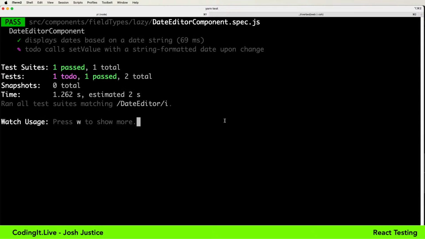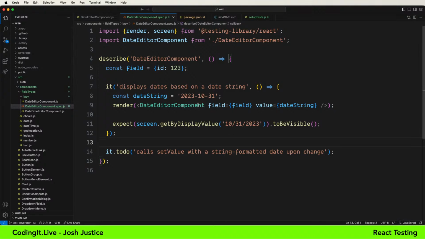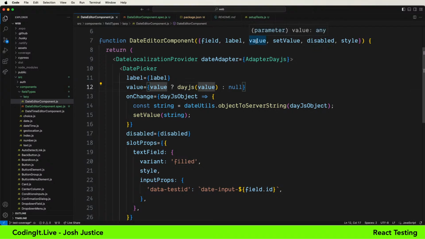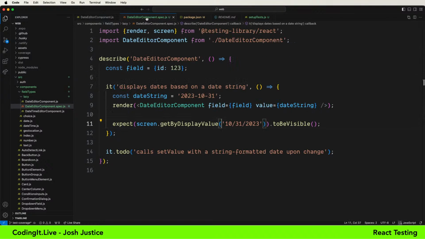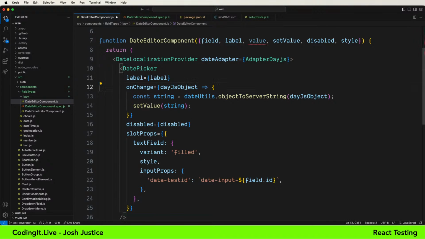So, something I often say when you're not doing test-driven development and you're writing the test afterwards: don't trust the test passing. We want to make sure it's not a false positive that is really confirming the behavior. So I expect that this test is confirming that my translation of the value string to a date object is working, or at least in whatever form the third-party date picker component needs. So I expect that if I remove this line, it's actually going to break. So let's make sure it does break.